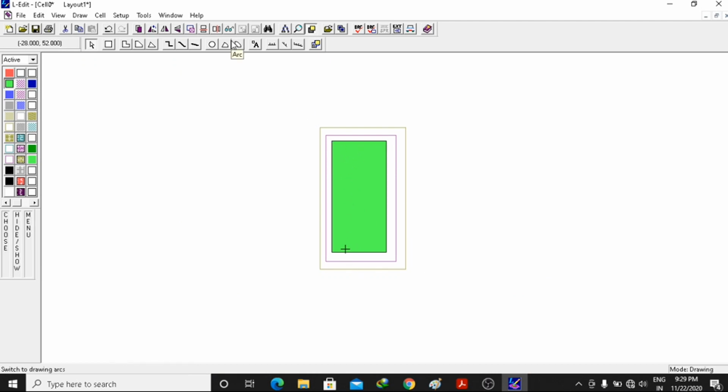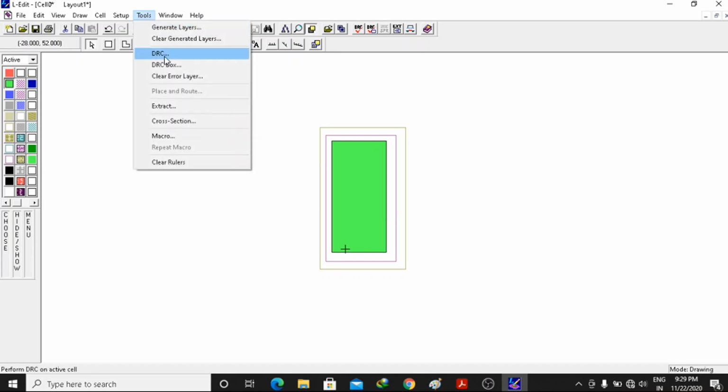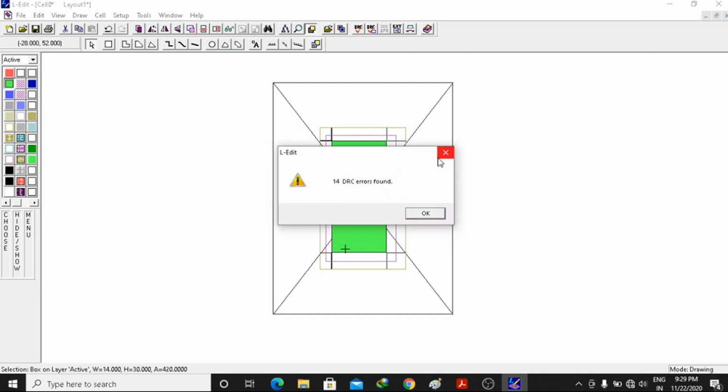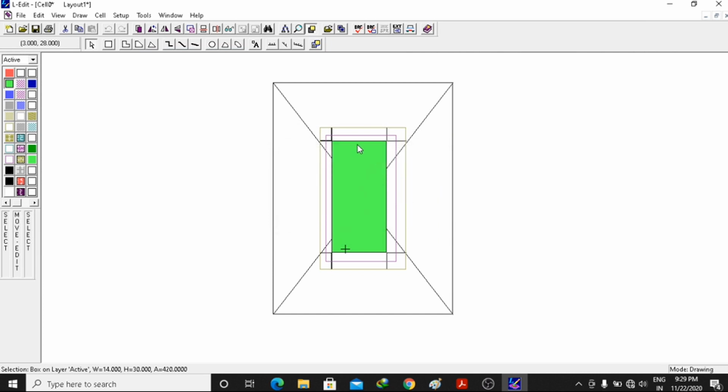After that, again we'll perform DRC. If any DRC error comes, then we are very happy, means we can rectify it here only, na? Like why will you go to the last stage and then rectify? So it's better to check DRC at every step. So again, go tools, DRC. Okay, so now you can see that error has come. Now what error has come? You can click over here and you will see it is here, active to P select edge is 1.5 lambda, which is less than 2 lambda.